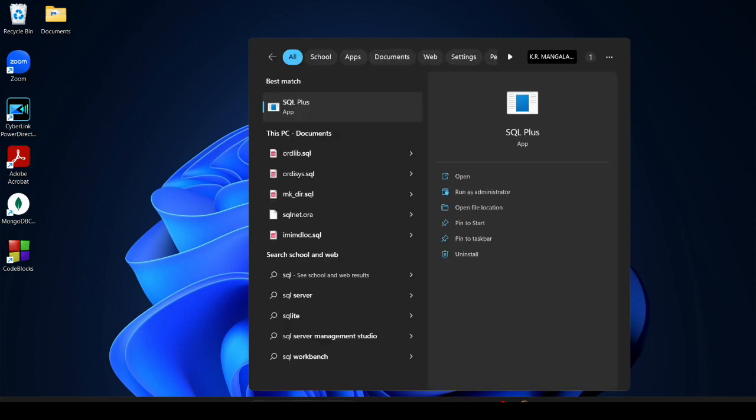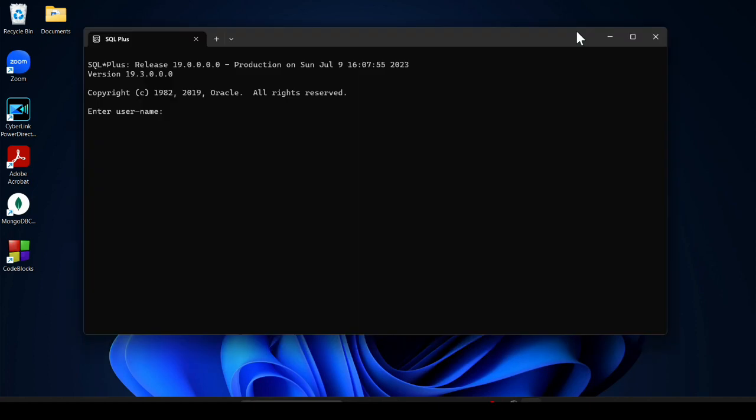SQL Plus and hit enter. When SQL Plus is open, here provide sys as sysdba, and after that hit enter. Now here provide the password that you created,